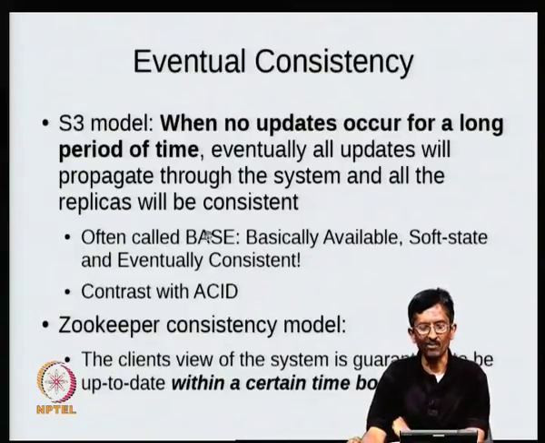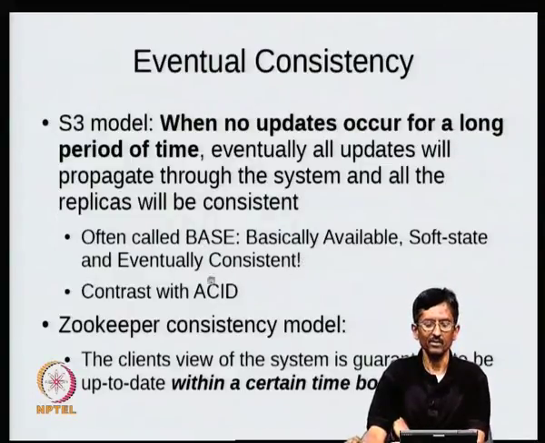And the reason why it was called BASE is because there's a different model called ACID. We talked about it earlier, which is used in databases and storage systems and operating systems, and this is basically ACID. I've already discussed a bit about this, and we will talk a bit more about it. So because this model was ACID, this model was called BASE, a cooked up name for it.